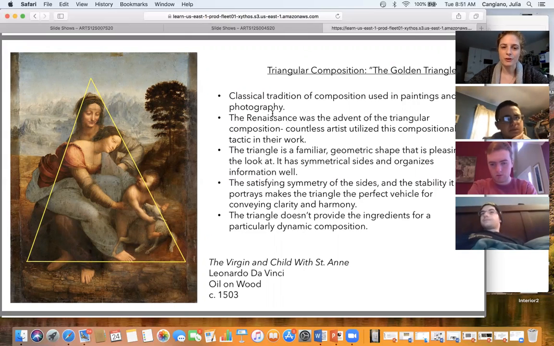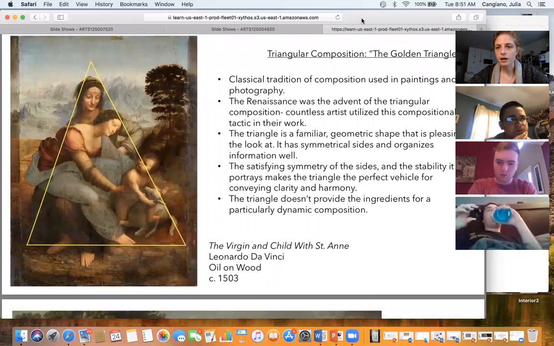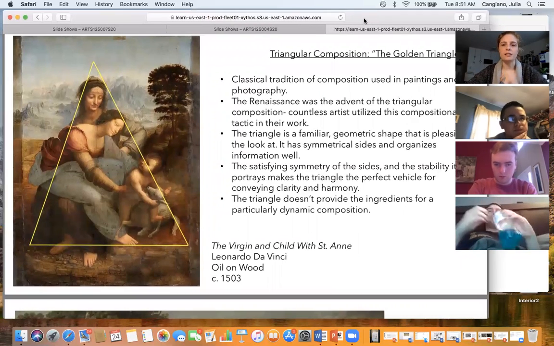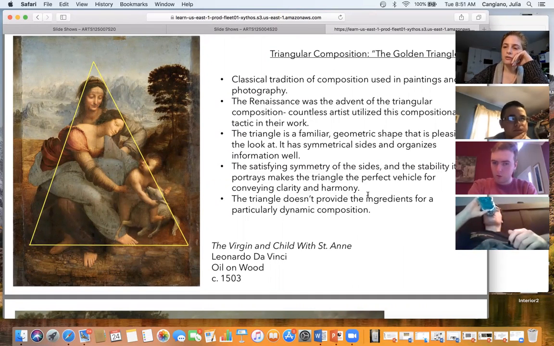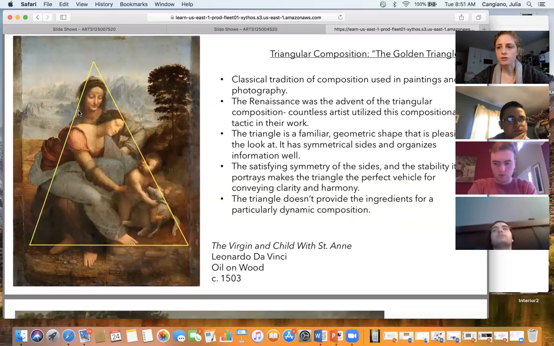I use the examples that are pertinent, but you guys may have heard of this. A triangular composition is used a lot in painting, especially Renaissance painting, and in photography as well. It's the classical tradition of composition, where they organize the elements of their piece into somewhat of a triangular shape or reading.